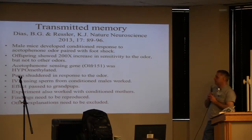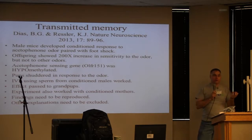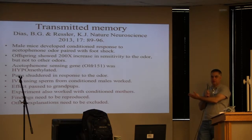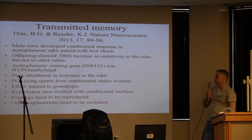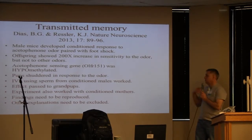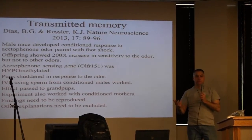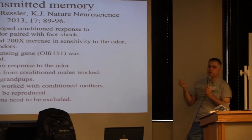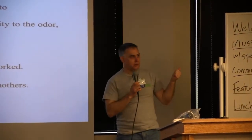But what was really shocking was that when they looked at the offspring, they responded to the odor. They responded by shuddering when they were presented the odor, even though they had never had the paired conditioning. They looked at the gene. There's a specific odor receptor gene, this olfactory 151 gene, and they looked at that gene in the pups, and that gene was undermethylated, meaning it was being used big time. And when they looked, the expression of that gene was they had a 200-fold increase in sensitivity to the odorant versus the prior generation. So they turned this gene way on, presumably in the conditioned mouse,